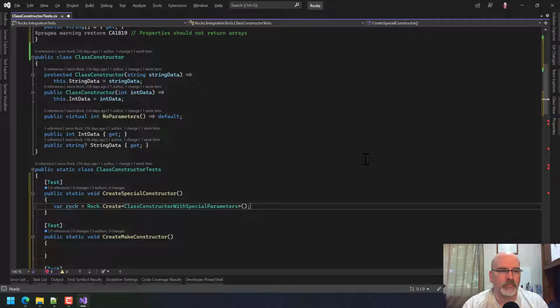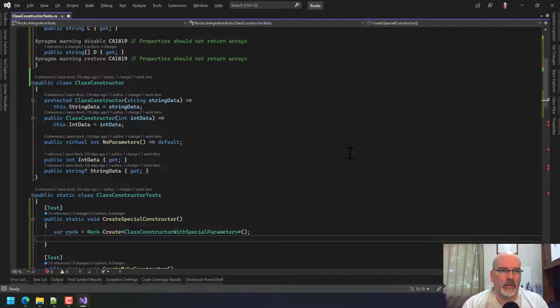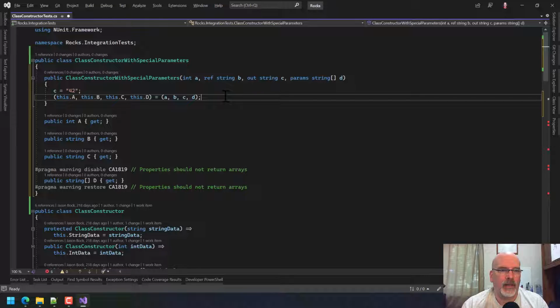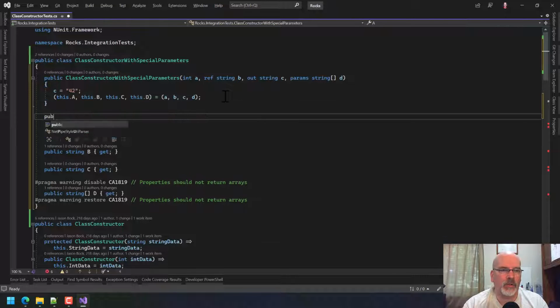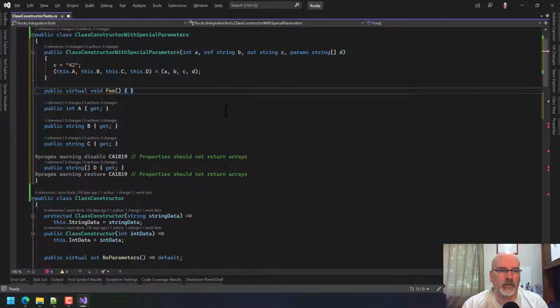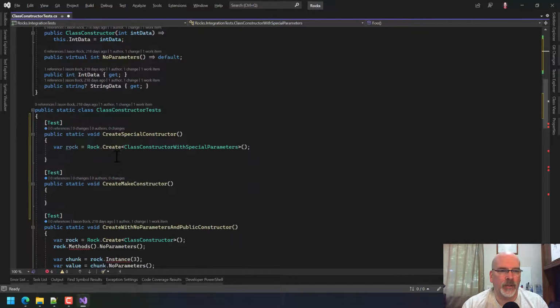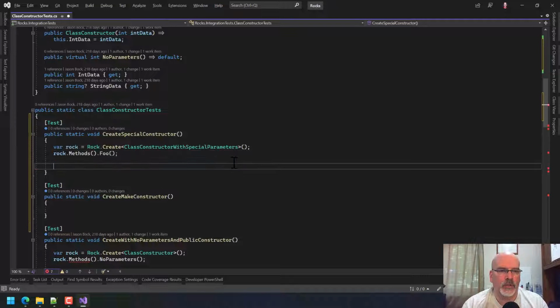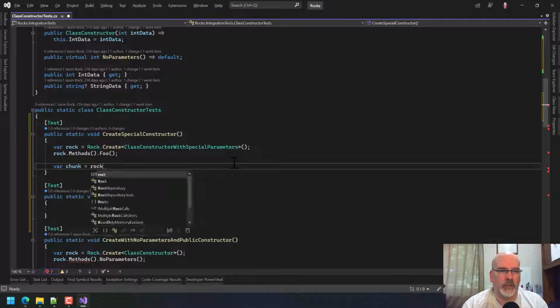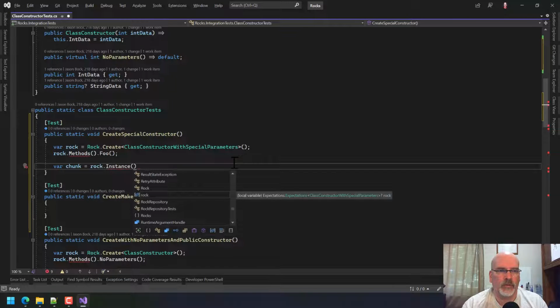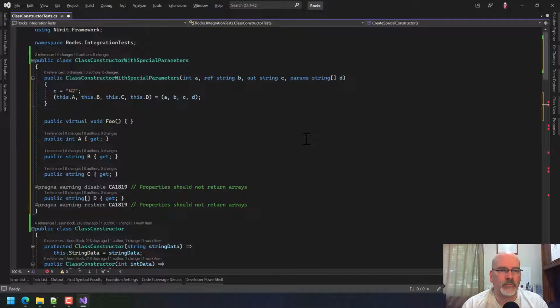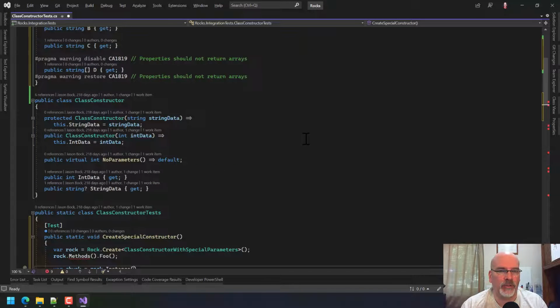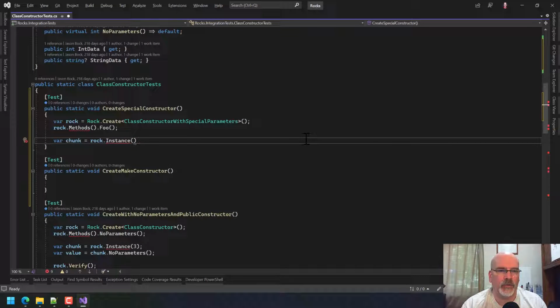Okay. And then we'll say, oh, whatever. Public virtual void foo. We don't care. Okay. We just don't care. Rock dot methods dot foo. var chunk is equal to rock dot instance. Here we want to say, because for some reason I can't read the code, we'll say one, we'll find two,